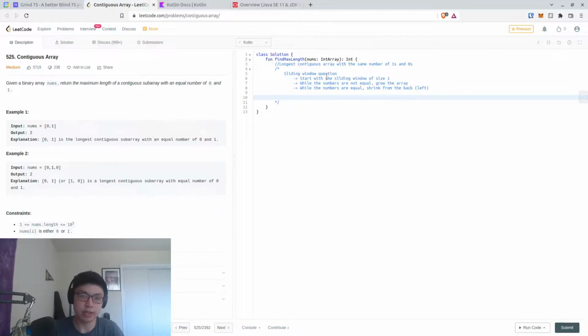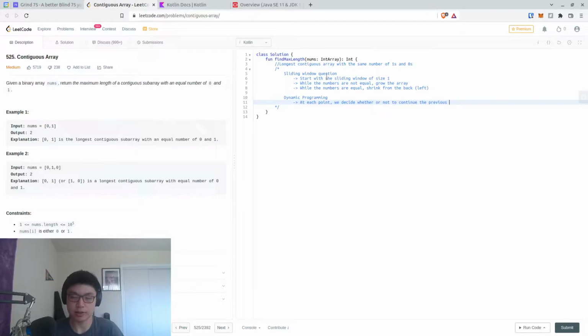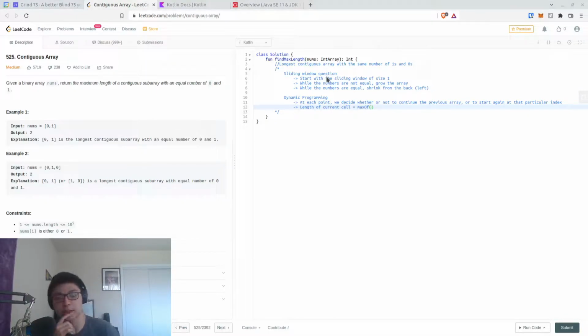There's also a chance that it could be a dynamic programming question, where at each point we decide whether or not to continue the previous array or to start again at that particular index. And then in that case, the length of the current cell is equal to the max of, it would either be dp at index minus 1, or maybe,